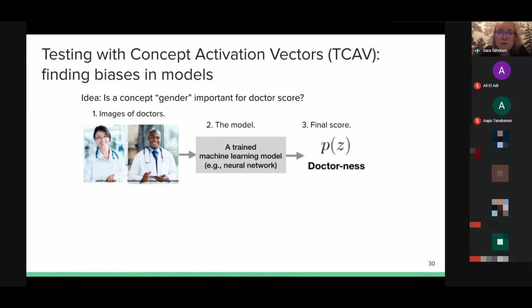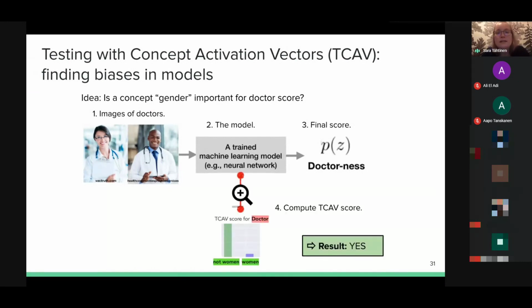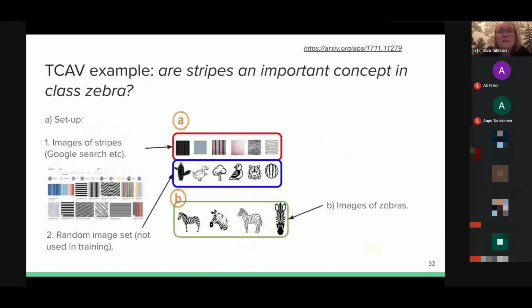And for this, you need images of doctors, then you need to have a trained model, and then you will have the final score. And the idea is that you compute this TCAV score, and based on this score, you can say that yes, the gender is important for the doctor's score or no. And how this works, in the paper, they give this example: are stripes an important concept in the class